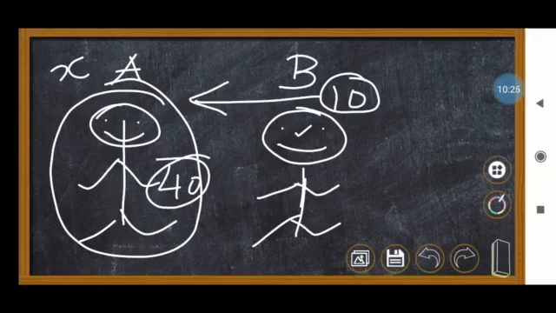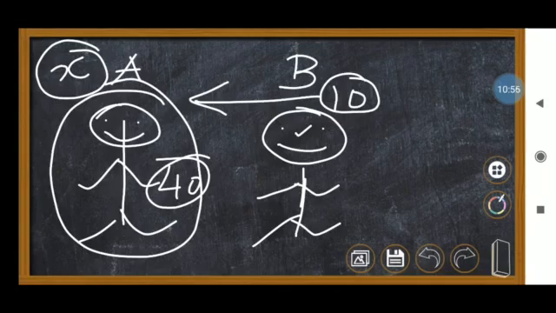So if they gave a number, it will be very easy. Now I said that this person A doesn't know how much total amount he has, so that unknown value I kept as X. But he gave some amount to B, so that amount is 10 rupees. So we can take the total amount A is having as X.